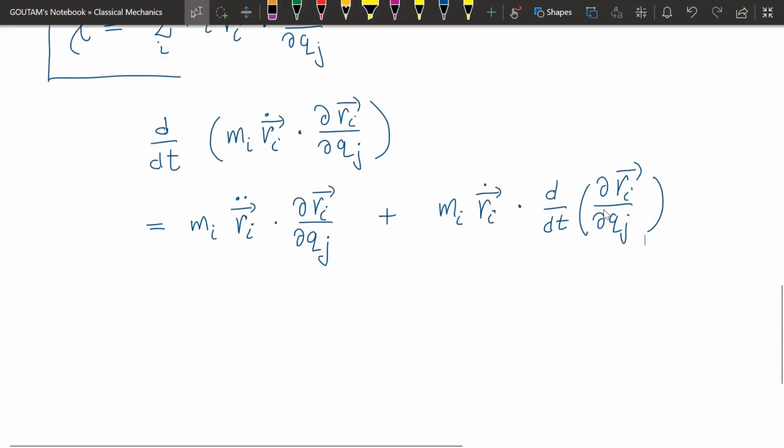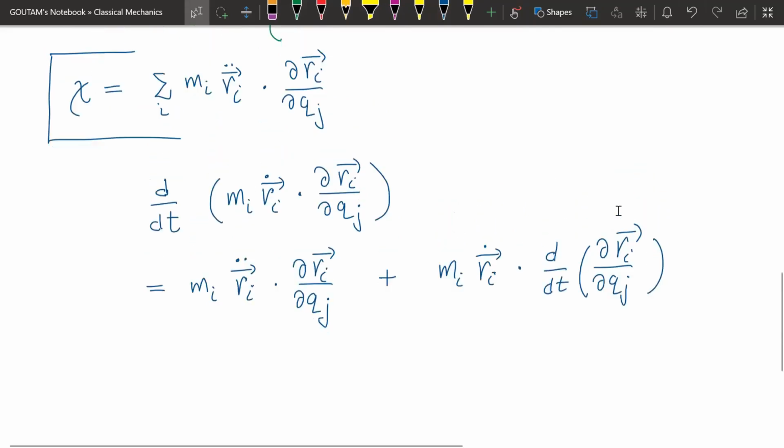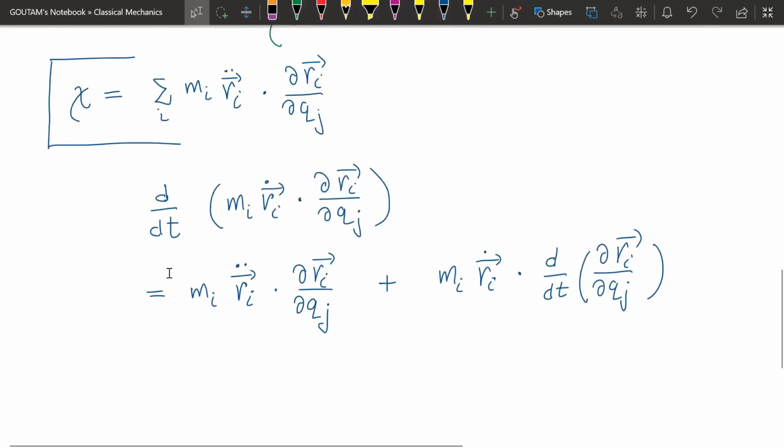Okay, so now see this term, this is the term inside the summation. Then we can write mi ri double dot del ri del Qj